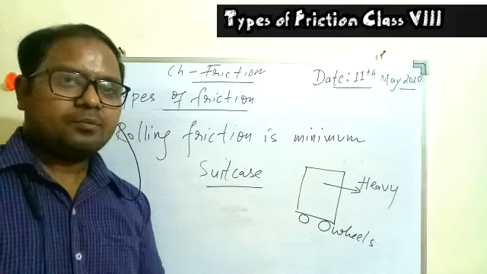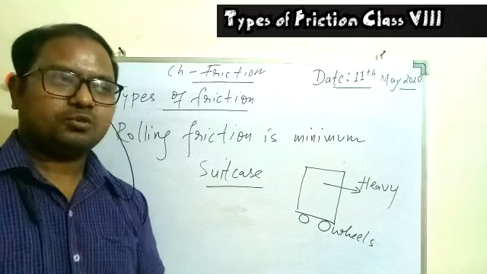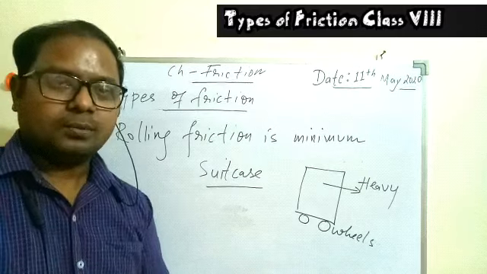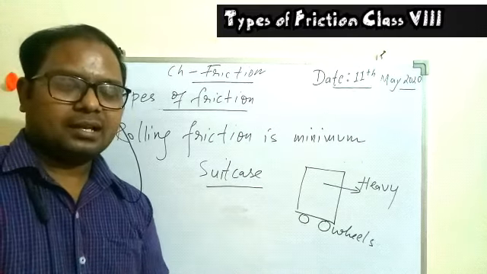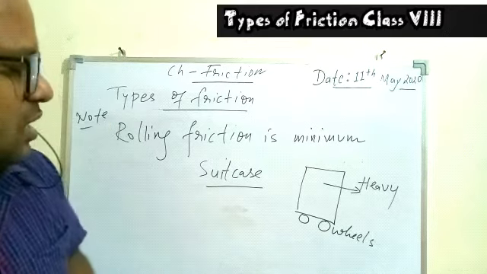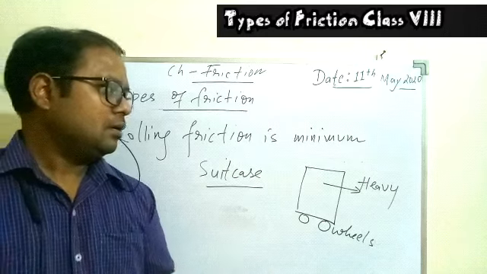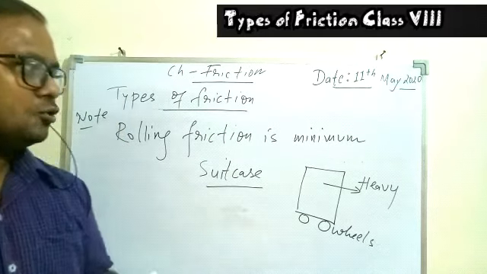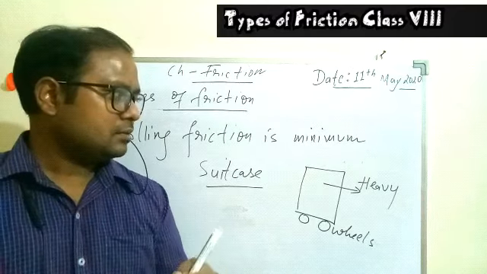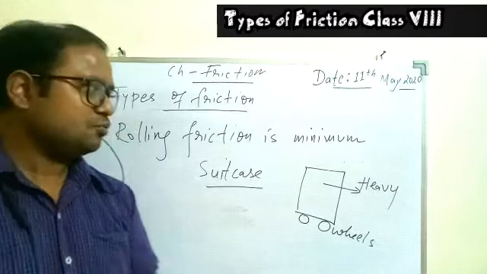And the best example I have already given, the discovery of the wheel, is totally based on this concept. When the wheel was discovered, they may not have known the concept behind it, that friction has a role, but now we can relate it to real life situations. So I hope you are able to understand all the concepts, and you can differentiate the static, rolling and sliding friction, and you can also find examples from real life situations where these frictions are present. Sometimes the frictions are helping us, sometimes they may not be helping us. All things are possible that we need to find out.